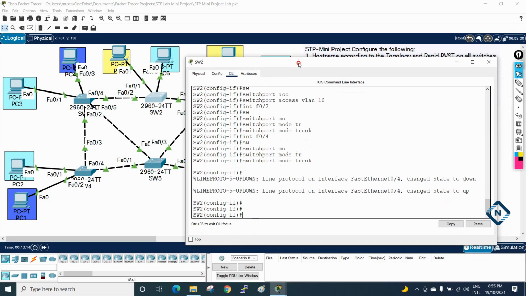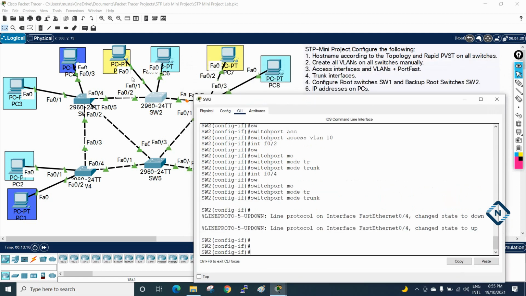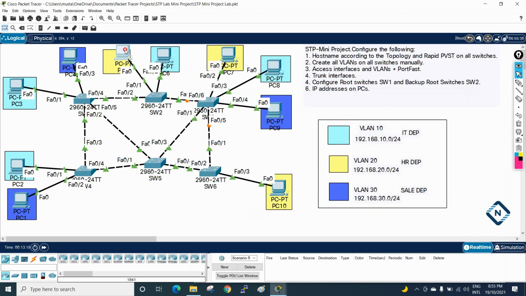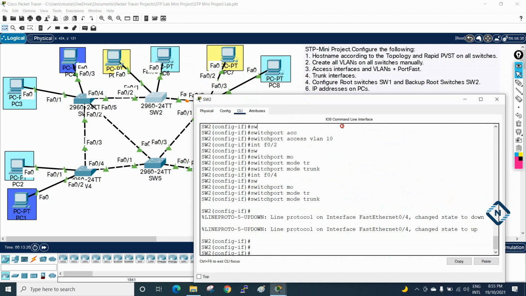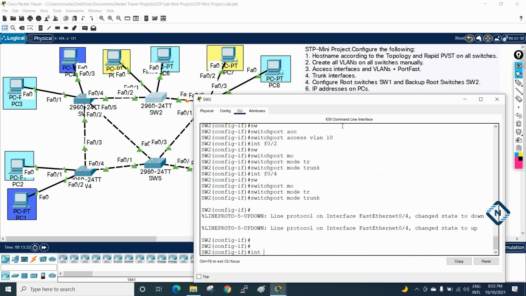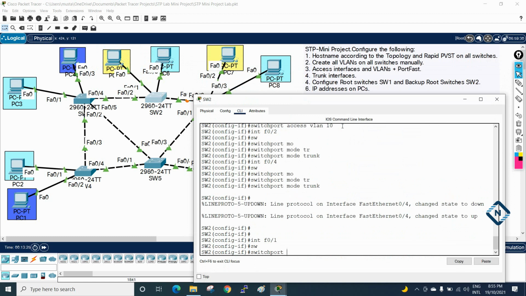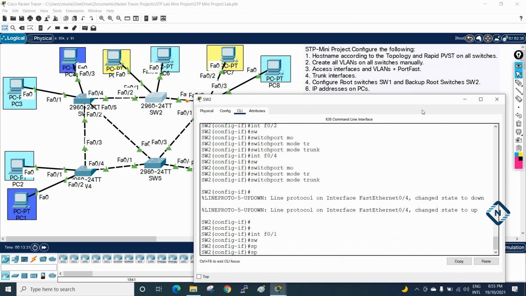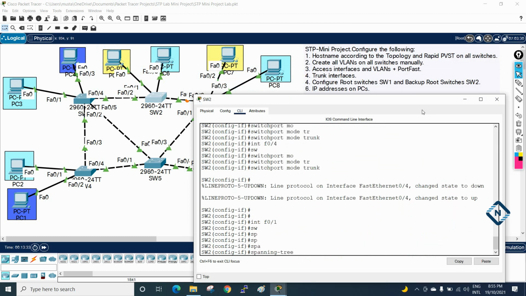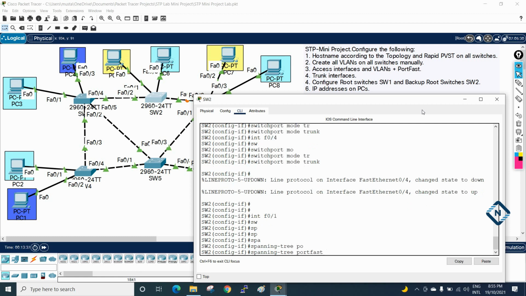We need to do it in the switch 2. So I am here in the switch 2. I need to look at this interface Fast Ethernet 0/1. I will put this interface as, what we need to do, portfast. So spanning-tree, then we will write the portfast.